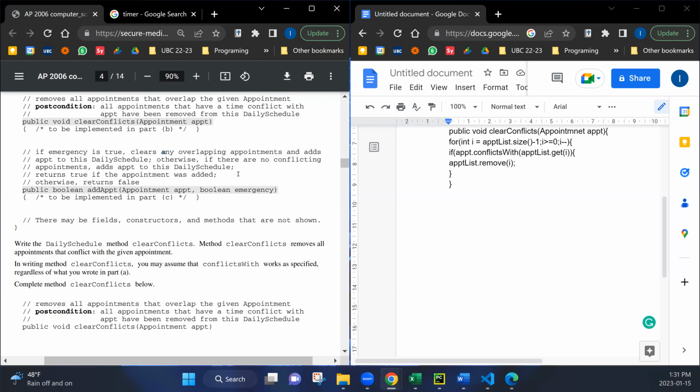Otherwise, if there are no conflicting appointments, add the appointment to the schedule. Returns true if the appointment was added. Okay, obviously in the exam you'd read the question too, but we're just going to skip over that. So I'm going to start off with the method header: boolean addAppointment, and then we're getting Appointment apt and a boolean